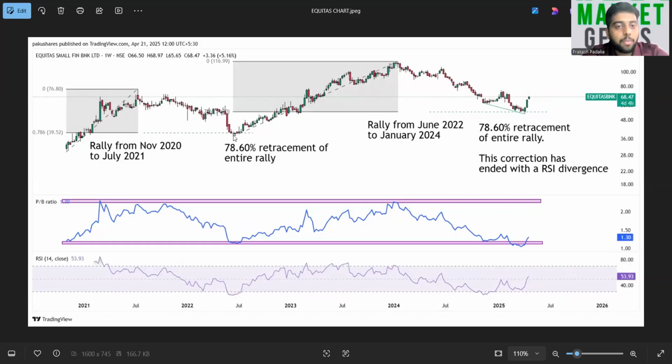the price of 37.5. Now, if you observe closely, if you're aware of the Fibonacci retracement concept, the entire rally was corrected by 78.6 percent of the entire rise. So 78.6 is a Fibonacci number where a stock is likely to bottom out. So over here, the stock bottomed out, and again, there was a fresh rally. The stock bottomed out at around 37.5, and the fresh rally took the stock to 117. So the stock actually went 3x from that level, and after reaching 3x, again,